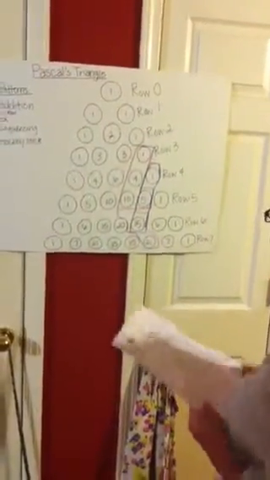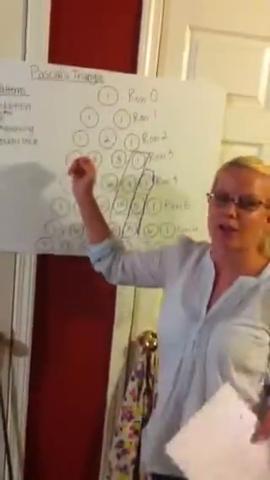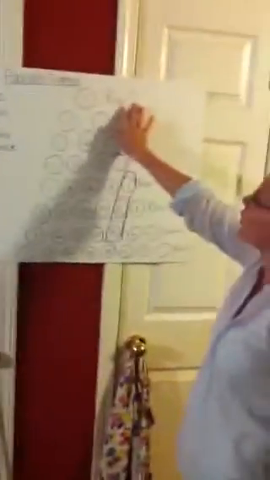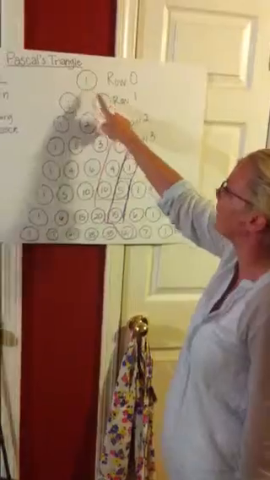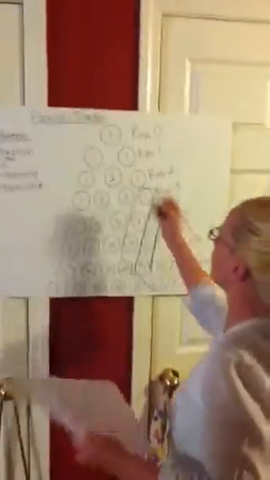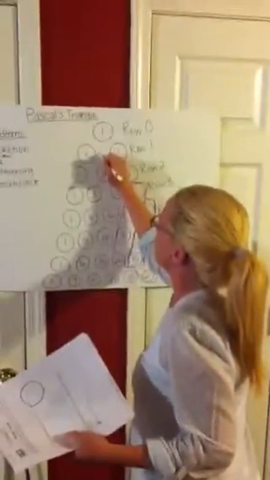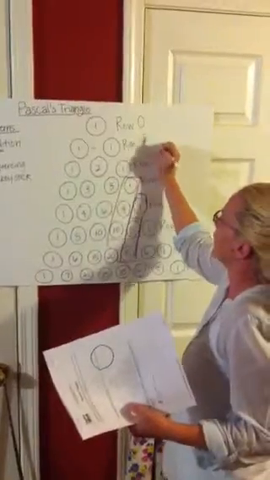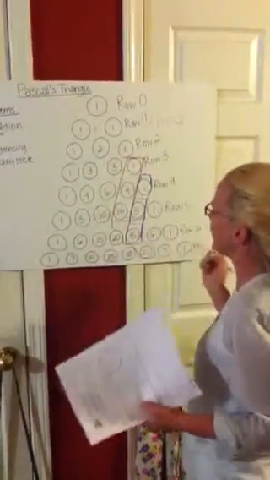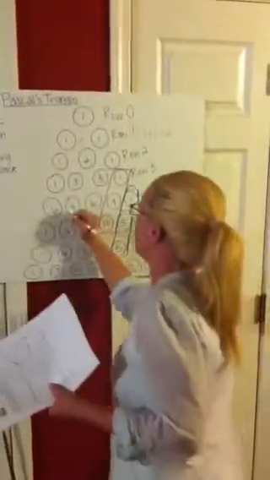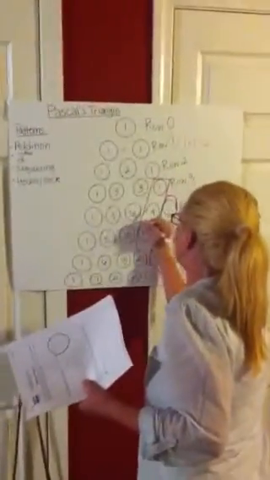Now, to talk about another pattern in it, one interesting thing that Pascal's triangle does is it takes the row and takes 2 to the power of that row. So this is row 0, which makes 2 to the power of 0, which is 1. And then row 1 would be 2 to the power of 1. 1 plus 1 equals 2. And then if you want to try it on another one, we can do 1 plus 4, 6,